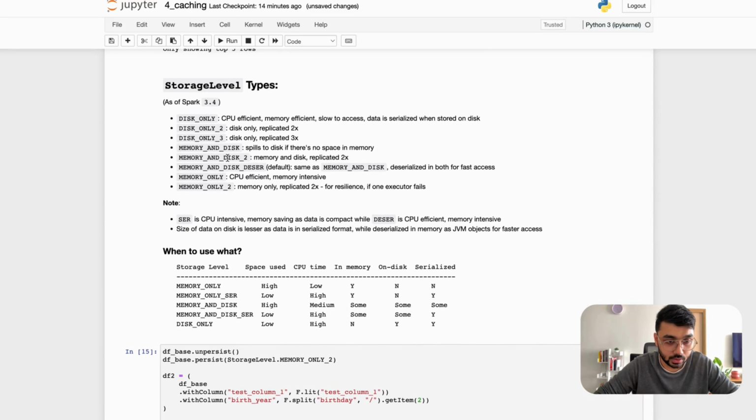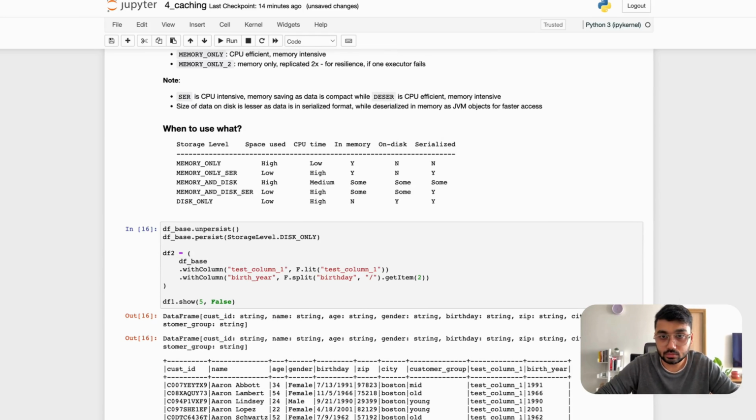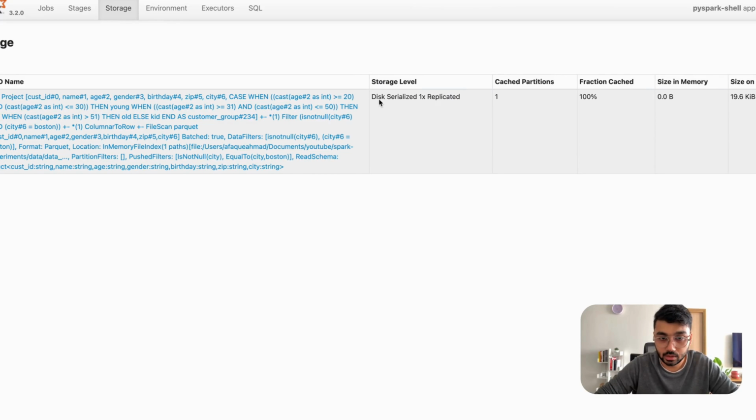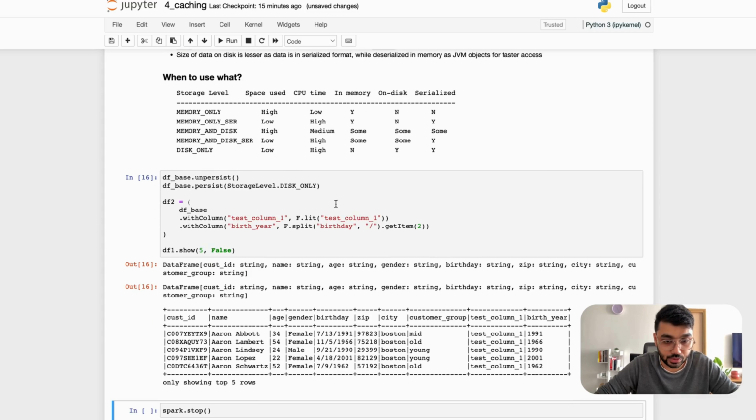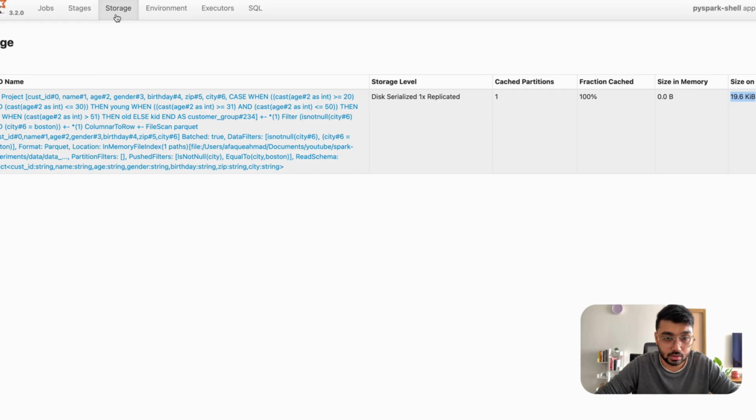Now let's have a look at a few other ones, which is disk only. So disk only basically says stored in disk and is stored in a serialized format, right? And it's replicated one, and you would see that the size in memory becomes 0 while the size on disk becomes 19.6, right? And again, if you were to change it to disk only 2 or disk only 3, let's say we change it to disk only 3, this would basically show you that it's replicated 3x and it's serialized,